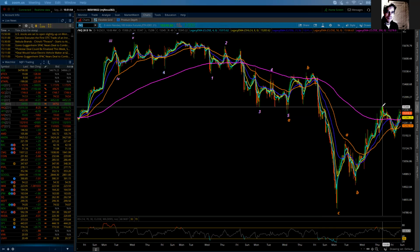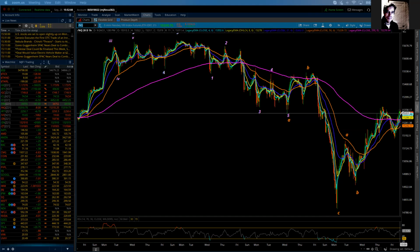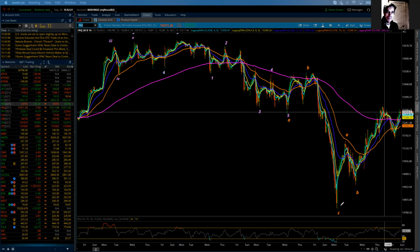And now as Globex gets going on Sunday, the market basically tried to open higher and didn't quite succeed. Got up to 15,330 and then had started to decline. Remains a little bit lower as the other markets continue to rally a little bit. But I still feel that the NASDAQ has high probabilities of putting in an additional rally to complete the